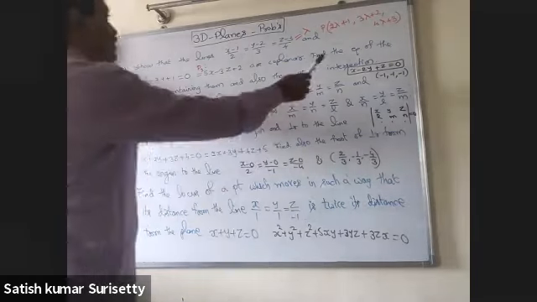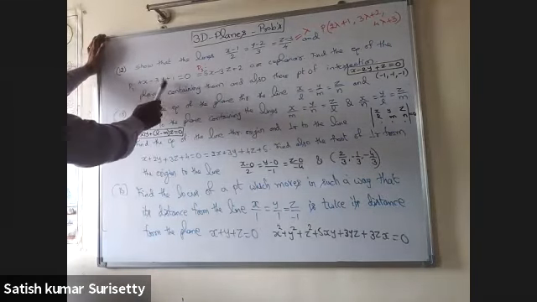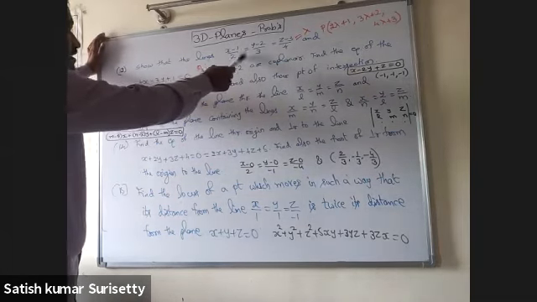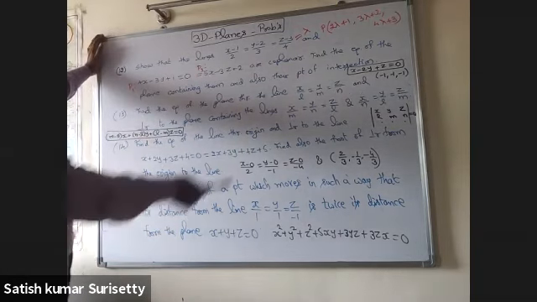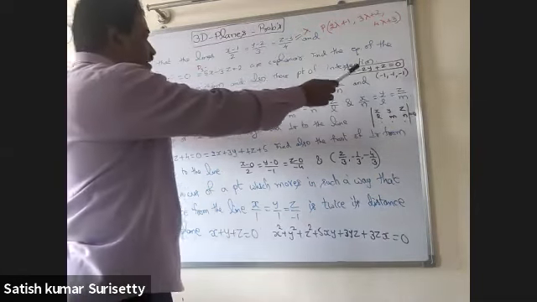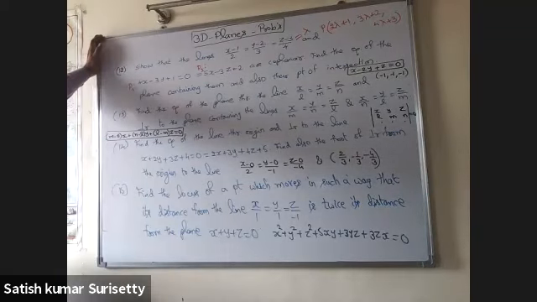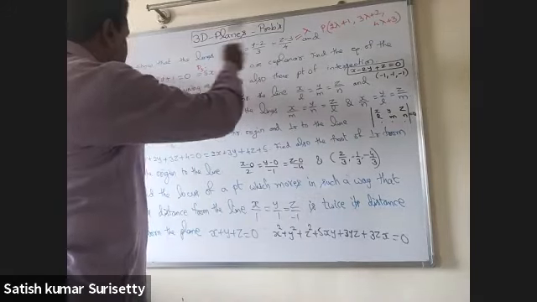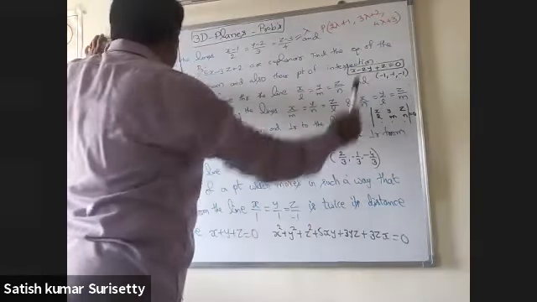Now after that you have to find the equation of the plane containing them. Means P1 plus lambda P2 equal to 0, and this plane is perpendicular to this line. Now you can take the dot product, then you will get the lambda value. Then you will get the equation of the plane as x minus 2y plus z equal to 0. Also find the point of intersection. Now take a general point and substitute in the plane you got. Then you will get the point as minus 1, minus 1, minus 1.